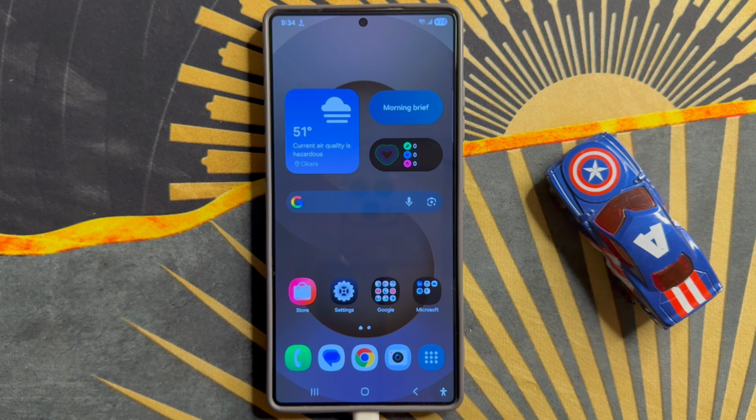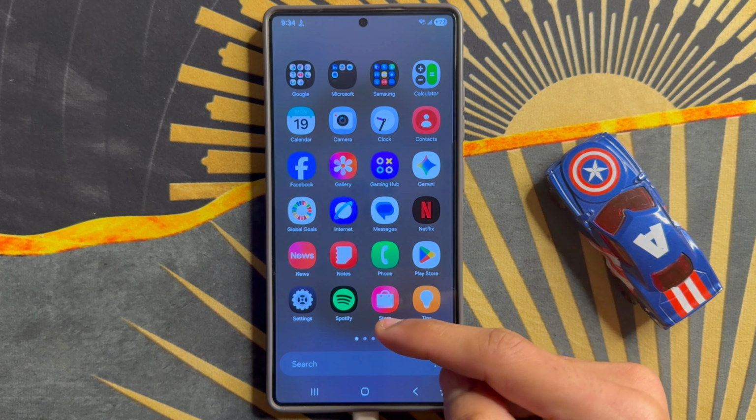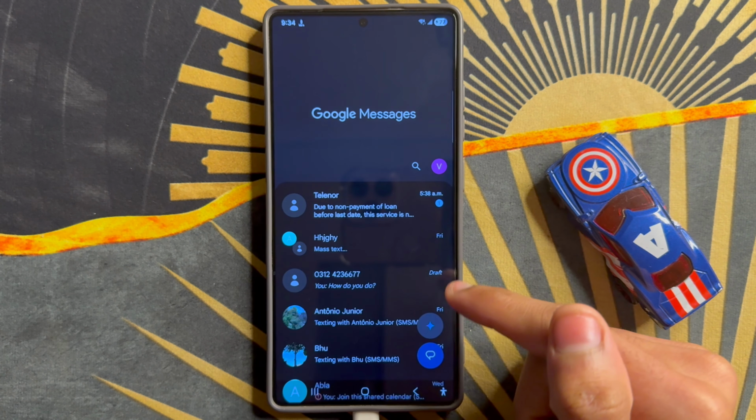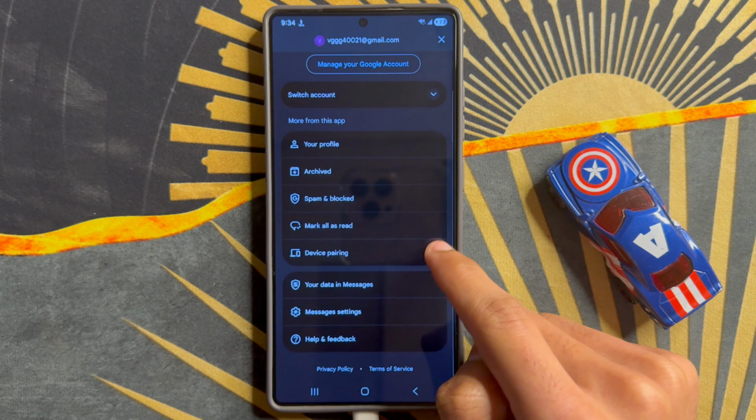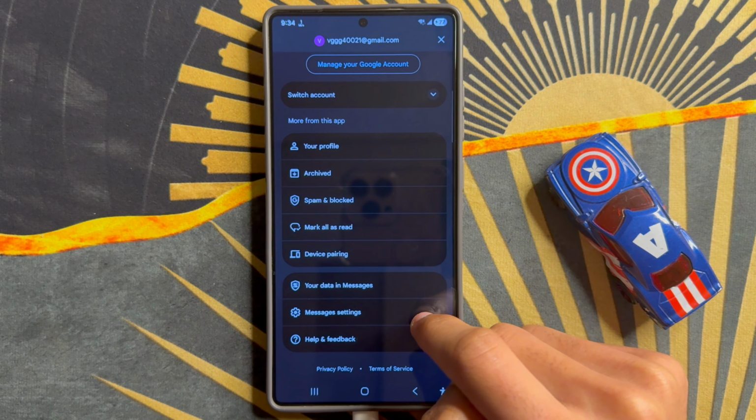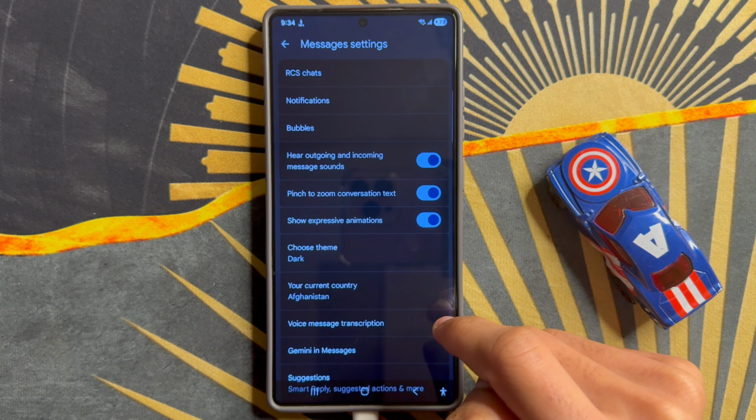Let's start the video. First of all, go to app library. Here click on message app. After clicking on message app, click on this profile icon. Scroll down and click on messages settings. After clicking on messages settings,